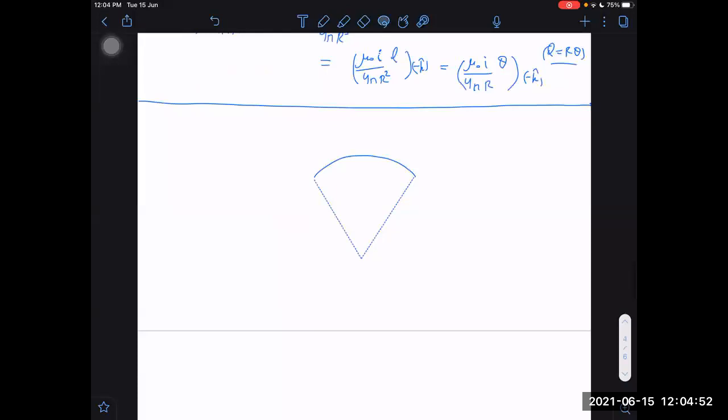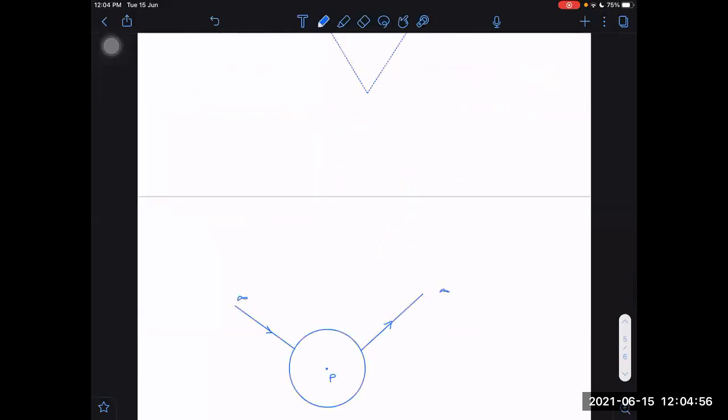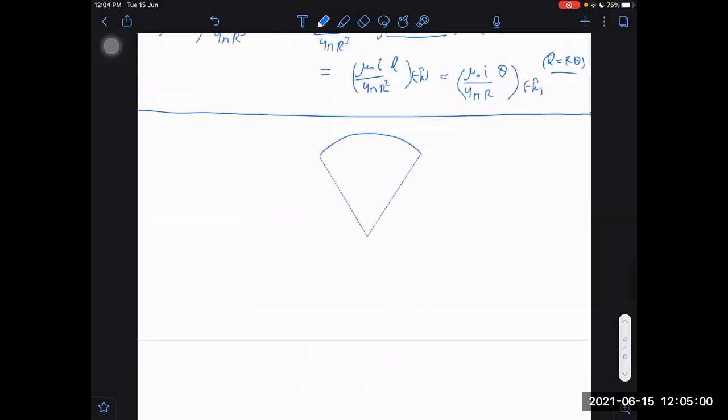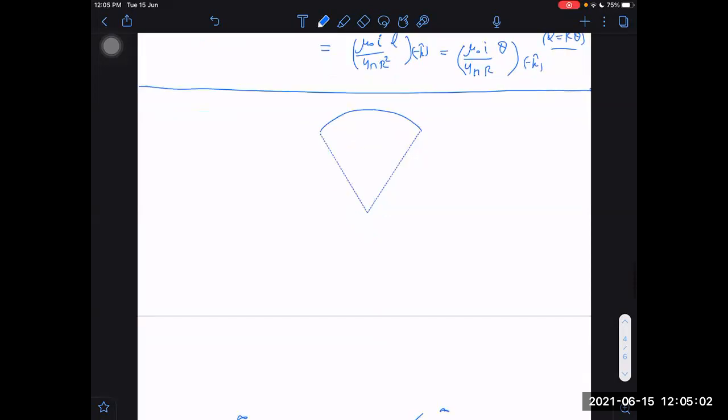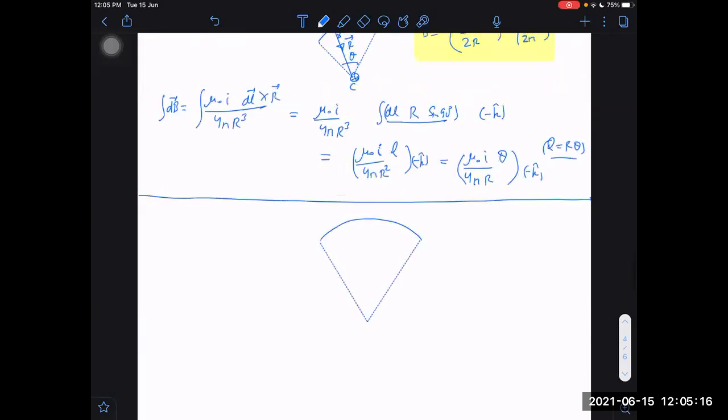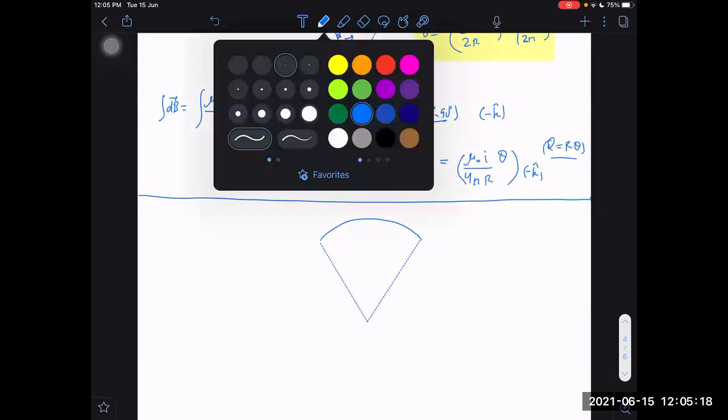I don't know why, but almost every book uses vectors. But doing it completely by vectors without resolving into components is one thing, and just using the name vectors but again resolving into components is another thing. Most books follow the method of resolving into components. So I also want to do it that way, so that you understand how they do it in the books. Let us say I have this.